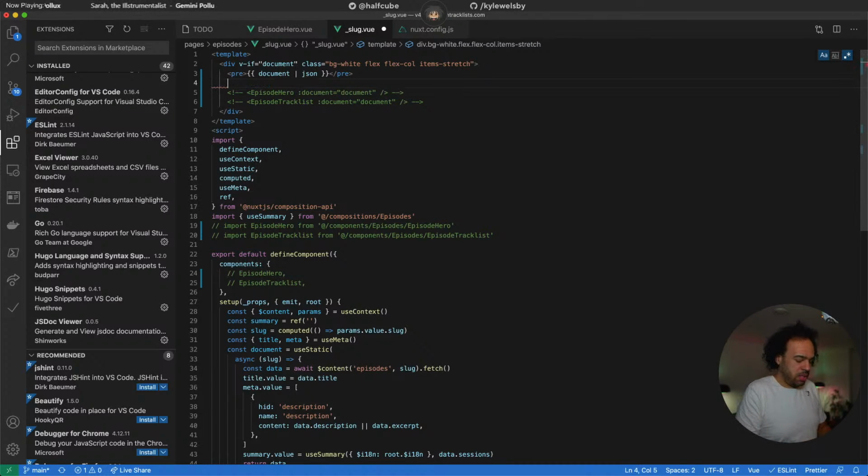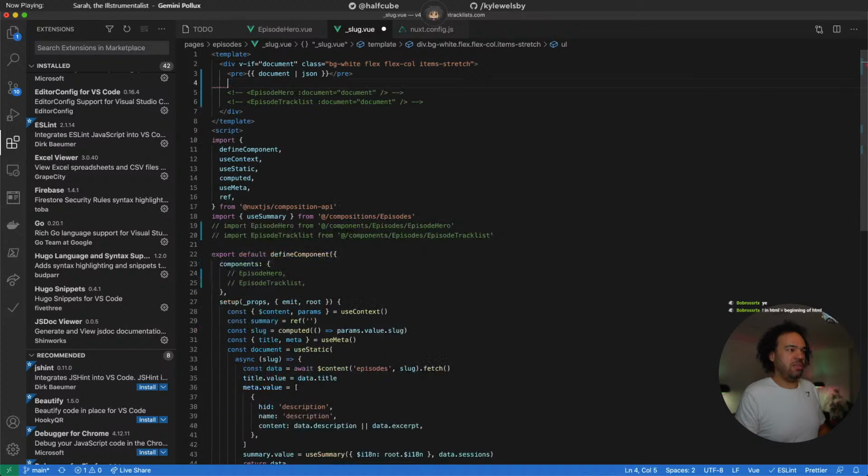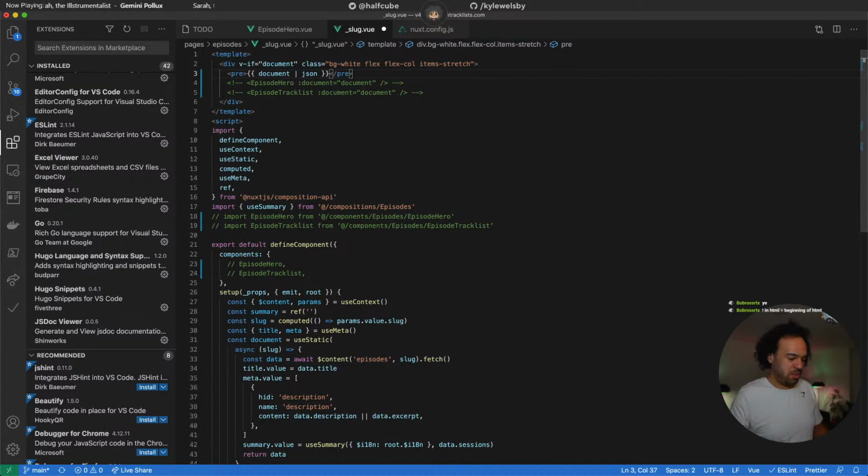So you can say, hey, I want an unordered list, and in that unordered list I want 3 rows. So we're going to do list item times 3, and when we expand that abbreviation, ul li times 3, you can see that we've expanded that out. That's quite a powerful tool to quickly get your HTML spanned out. So that's my absolute total